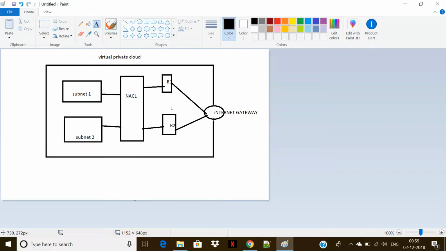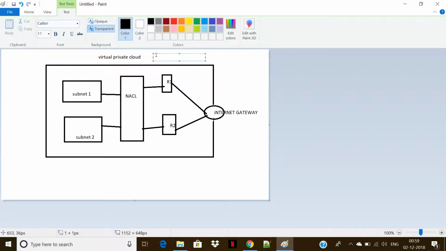The next one is NACL. NACL stands for Network Access Control List. Network Access Control List acts as an umbrella for security before the subnet. It denies the IP range if you don't want the connection from it. Unlike a security group, which allows an IP range to talk to